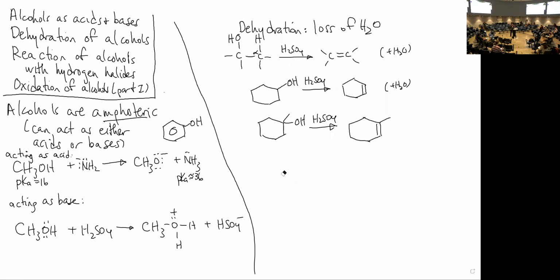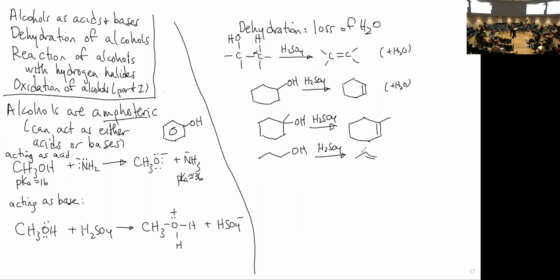Just to give another example, in the class notes, I mentioned 1-propanol. If we dehydrate 1-propanol using sulfuric acid, or again, some other strong acid, we will get propene plus water. So again, you can see what I did. I took away the OH group. I took away a hydrogen next door to the OH group, and I put in a double bond so that those carbons still obey the octet rule. But you can see that pretty soon it becomes evident that we have an issue with all of this,